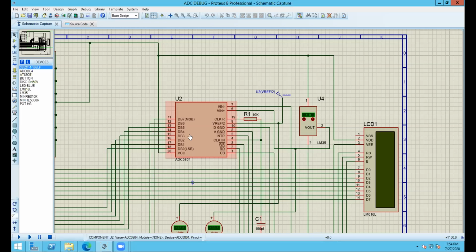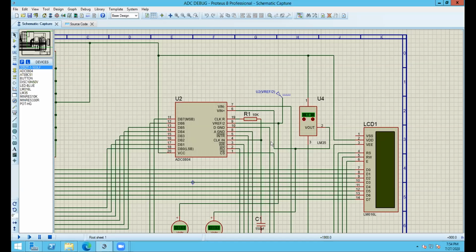Fine. So this part is clear, and now we have some other pins like VREF by 2, reference voltage by 2. This pin will let the A to D converter know by which range we are intended to operate. So how is that? Say, you remember you have a digital multimeter. For measuring any voltage, you have to select a range first.